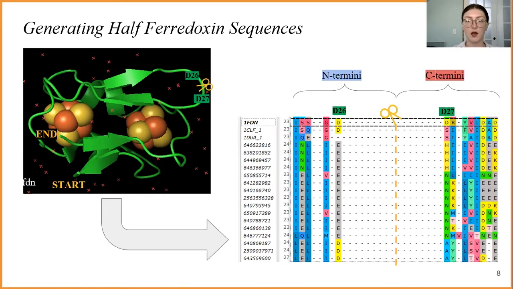We did this with a novel methodology developed by my group, by locating the halfway point in protein 3D structures and comparing this to an alignment with all relevant ferredoxin sequences analyzed in this study. This created an N-terminus and C-terminus for every protein. Finally, we arranged these termini into maximum likelihood phylogenetic trees, which allowed us to analyze the evolutionary relationships between these